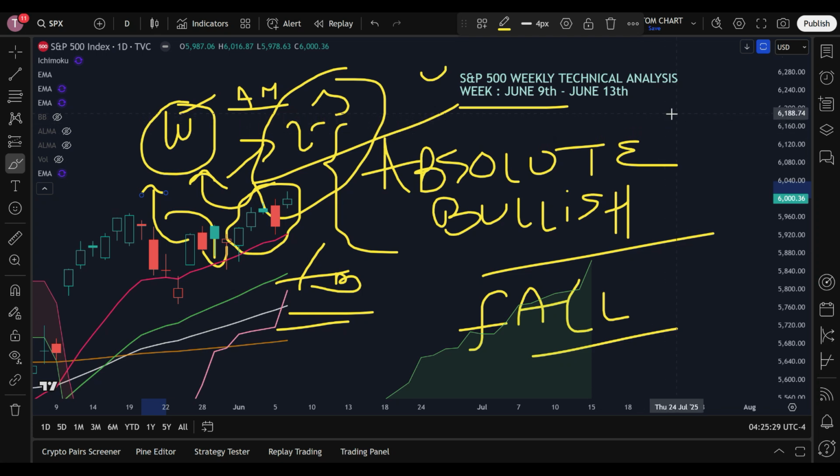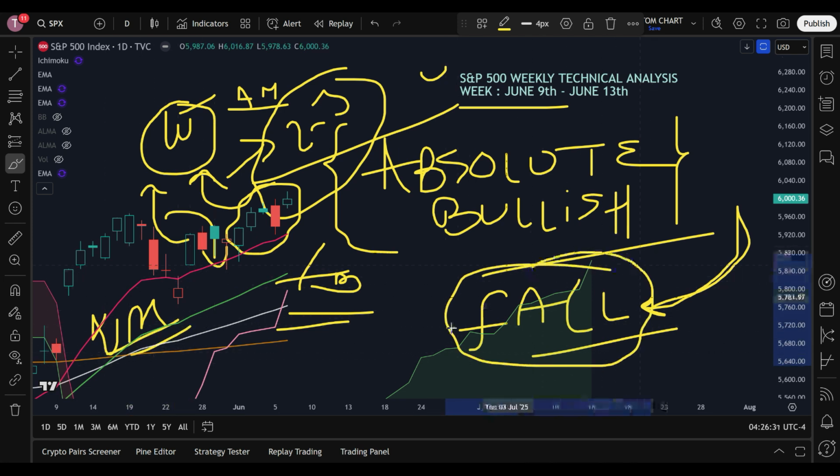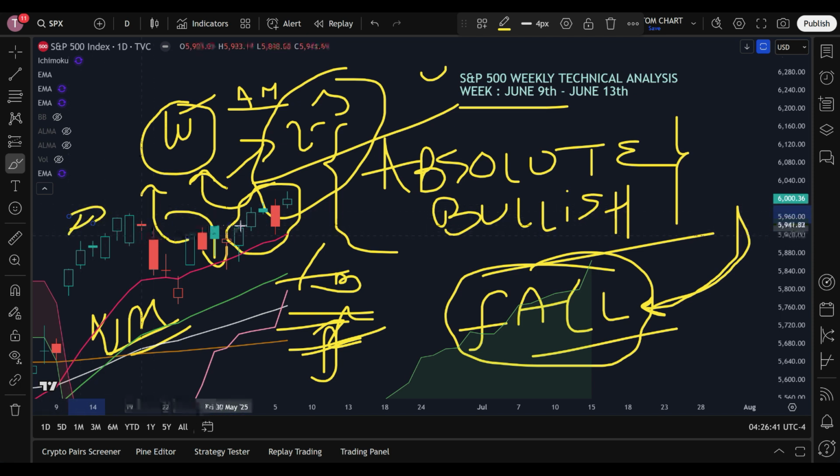The catch is that S&P 500 is reaching the point where we are expecting a failure or a fall. And this failure or fall is not because of any technical compulsion or any technical indicators. It will be because of the natural movement of the stock market. So this failure or fall will be a break in the bullish movement. And also because the absolute bullish trend is there, this fall is also expected to be limited.